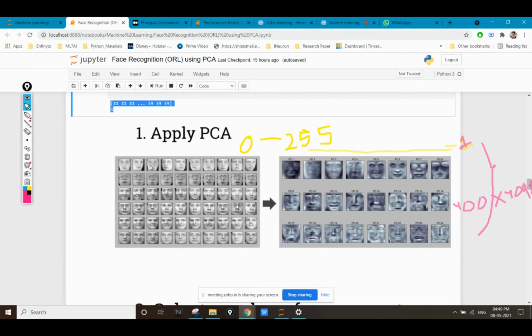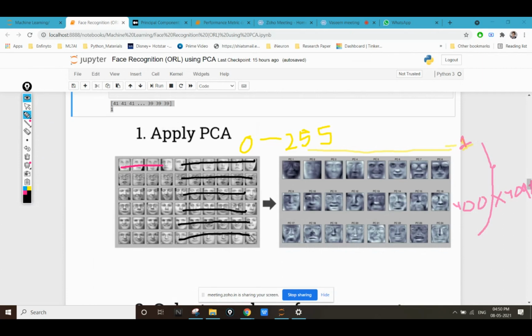By default we have 10 images, but we can choose a PCA value where we use only the first four photos, and the first four photos give 90 to 95% of the information of this particular image. Then why use the rest of the images? We will not use them, because they would unnecessarily increase the time and the number of features, which increases the computational complexity of our data set.